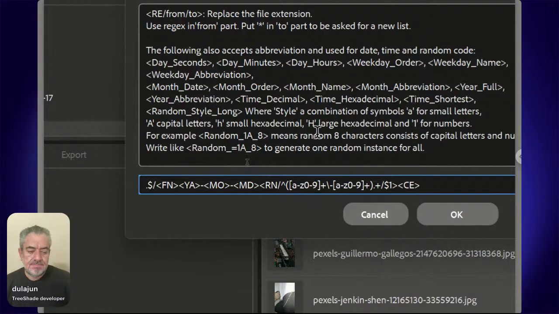And here, instead of removing all the remains,